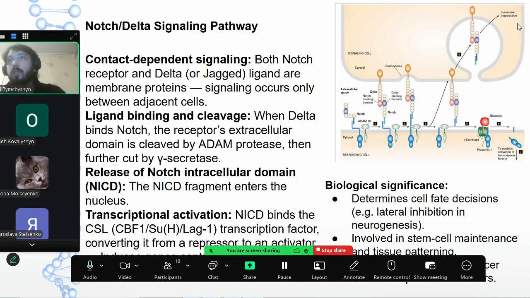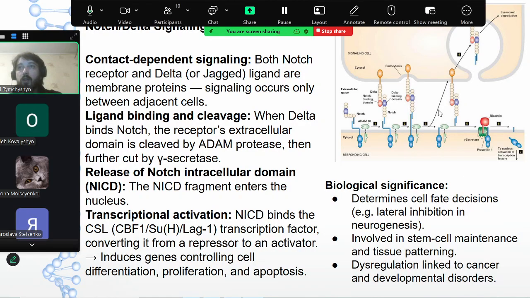And here you see how these receptors may be degraded, and there's the whole life cycle of what happens. And this is interesting because that determines cell fate decision. For example, lateral inhibition in neurogenesis, or it is involved in stem cell maintenance and tissue patterning, and dysregulations are linked to